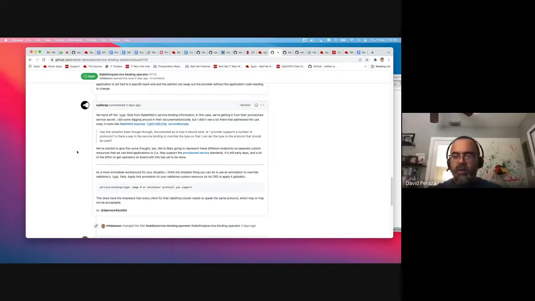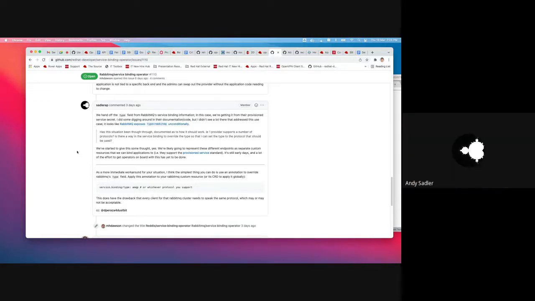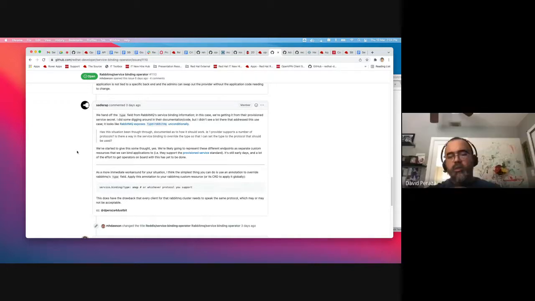but I think in the last conversation we had with the VMware guys, they said they could just go and say Rabbit, and then underneath they can have information about all the protocols about Rabbit, right? Yes. So they do it a little bit differently. I was going to mention something in my response about that. However, I did some digging around in their operator. It doesn't look like this is public functionality. Or at least, I didn't see any reference to it. So this might just be a VMware internal thing that they were talking about.